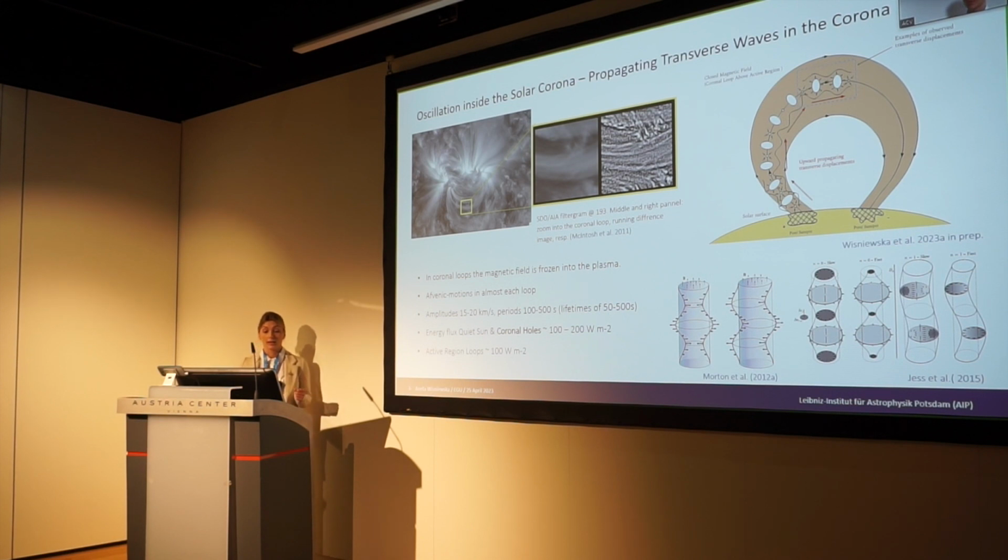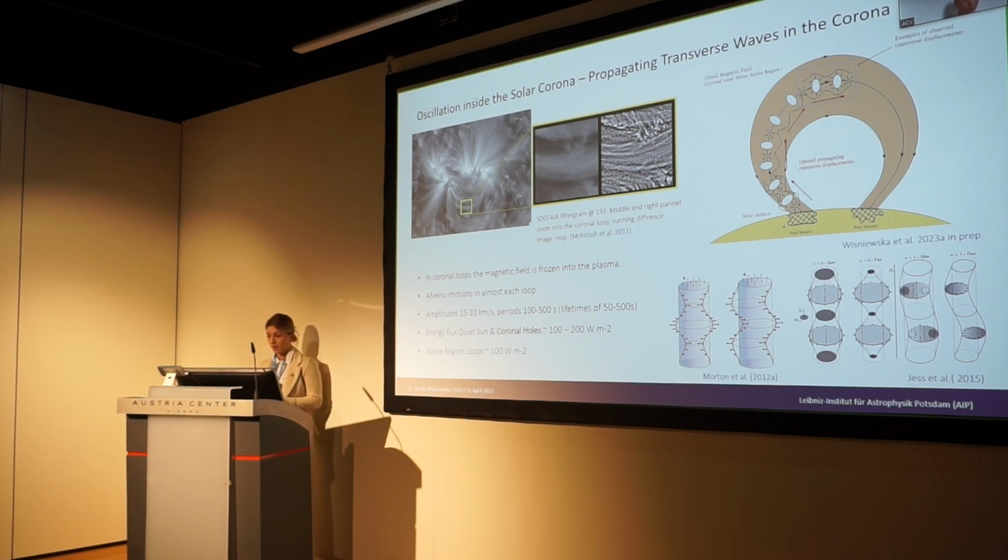The velocity amplitudes of such waves are 5 to 20 kilometers per second, and the periods are 100 up to 500 seconds, with lifetimes of 50 to 500 seconds. The energy flux of the quiet Sun and coronal holes is about 100 to 200 watts per square meter. And here I prepared for you some cartoons of the MHD waves, which are propagating